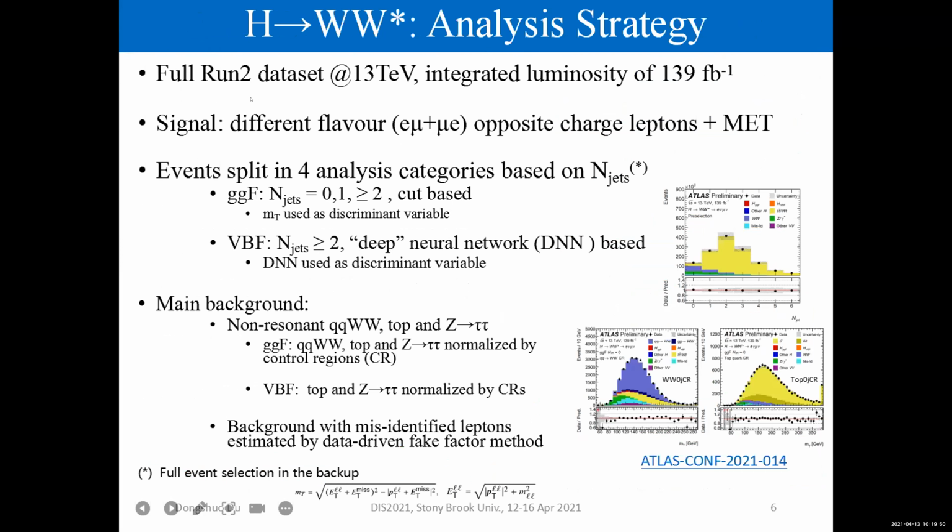Firstly, the selection. This analysis uses the full Run 2 dataset and the signal is different flavor opposite charge leptons plus missing ET. And you can see from the middle right plot, it's the number of jet distribution at the preselection level. And we can see that there are different process compositions for different jet bins. So the events are split into 4 analysis categories based on number of jets. And for the ggF, 3 categories, they are cut-based analysis, and for the VBF, it is DNN-based analysis,